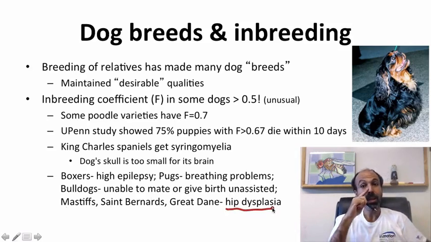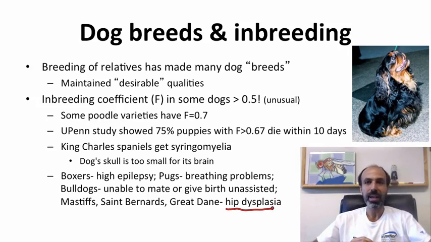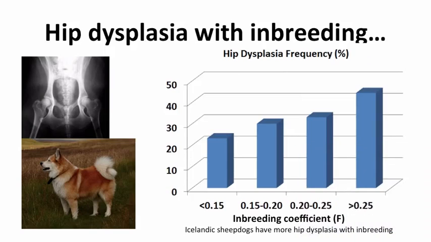Hip dysplasia. Hip dysplasia has been studied quite a bit in a couple of contexts, such as the Icelandic sheepdogs. Let me show you some data about that. Here is the association of incidence of hip dysplasia with inbreeding. On the y-axis, we have percent of individuals having hip dysplasia. On the x-axis, we have the inbreeding coefficient associated with them. What we see is a greater and greater incidence of hip dysplasia associated with more and more inbreeding. Again, the problem here is you are making recessive mutations homozygous. By making them homozygous, you're making their bad effect visible in the individual.